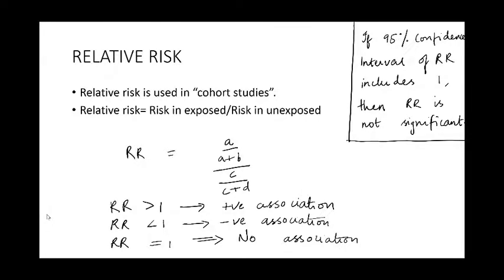So usually confidence intervals are given for every value, be it risk ratio or odds ratio. The confidence interval is a range, and it can vary from any positive number more than 0. So if there is a confidence interval ranging from 0.5 to 1.5 and the relative risk is 1.2, then it would indicate that the result is not significant because 1 is also part of the confidence interval, and this shows that the study will not be significant and hence there is no association.